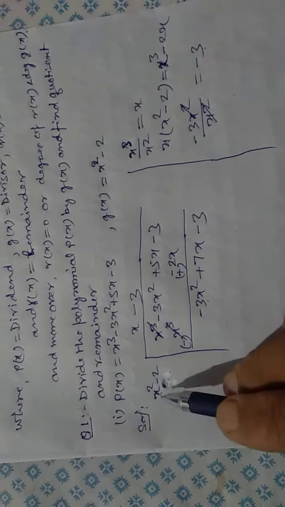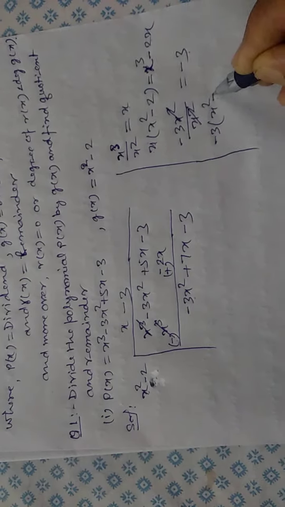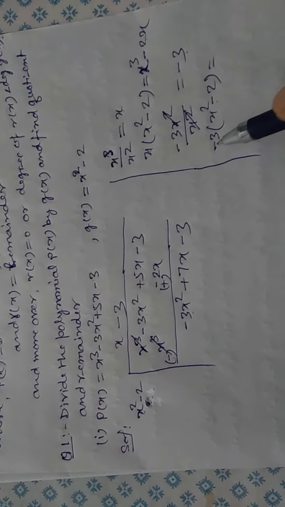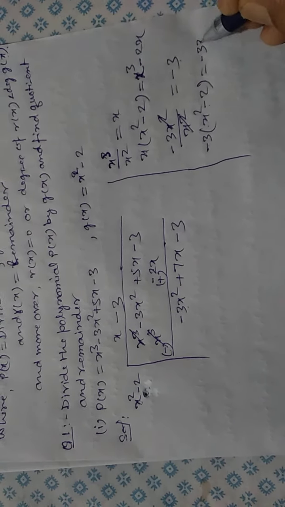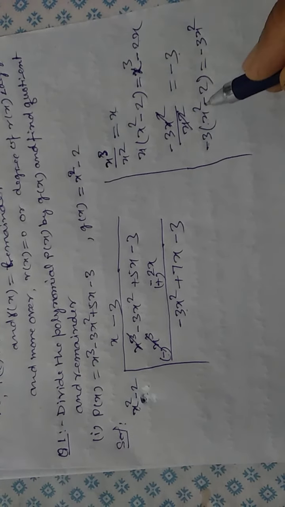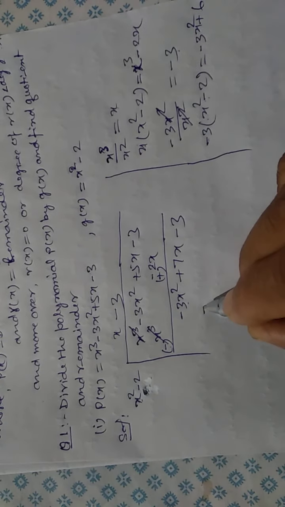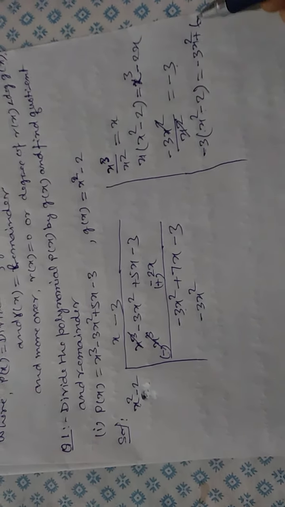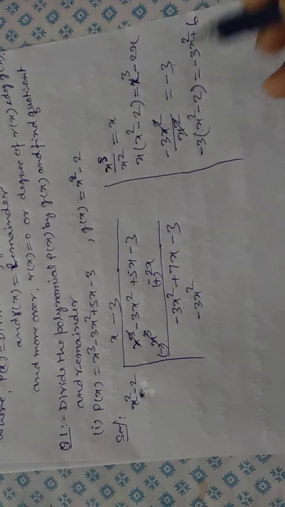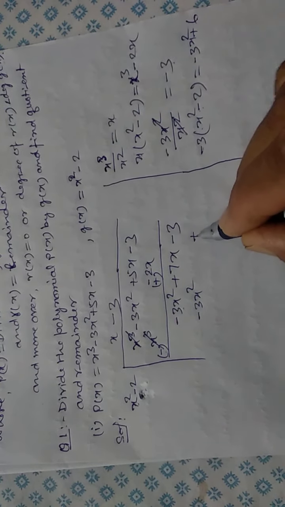By this minus 3 multiply this, x square minus 2. Minus 3 x square minus 2. Multiply it, minus into plus minus, 3 ones are 3x square. Minus into minus plus, 3 twos are 6. Right here minus 3x square. This 6 has no x term, therefore this will be written right below this minus 3, and it is plus 6.